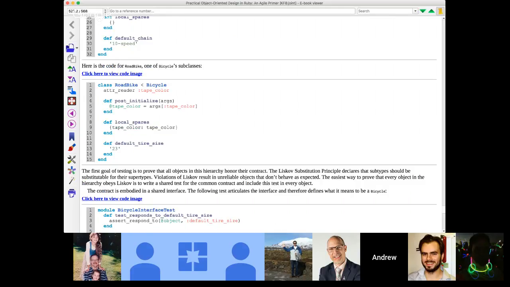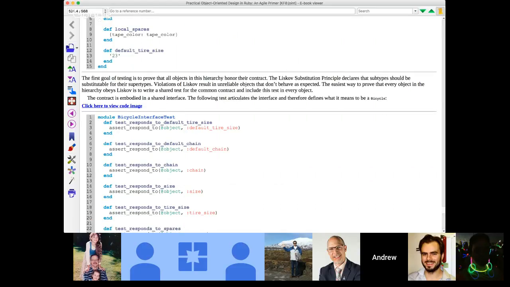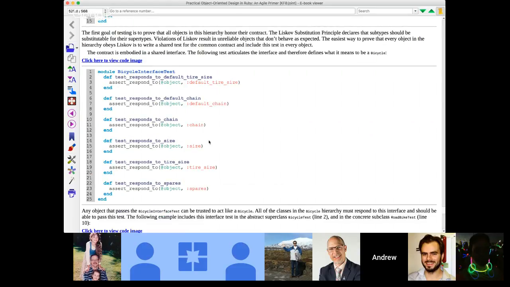So here we say that because of LSP, all of the subclasses from the bicycle class should pass the same tests as their superclass, meaning that they should behave similarly to the bicycle class. So here's the bicycle interface test, and it just says, hey, do you respond to tire size, chain, default chain size, tire size, and spares? And